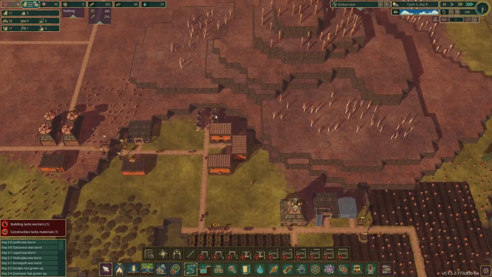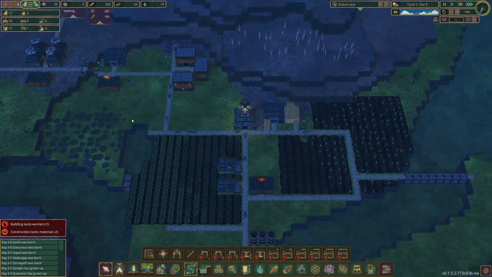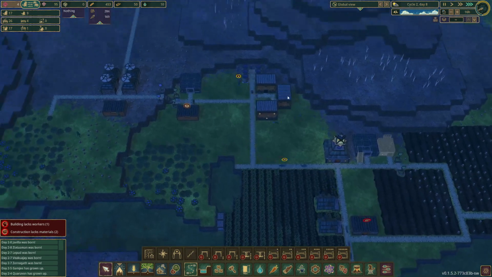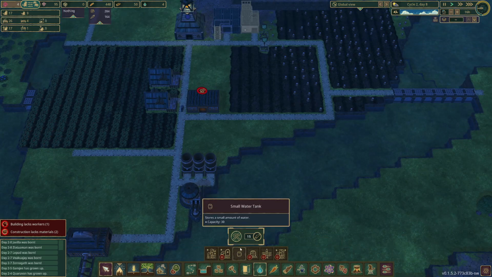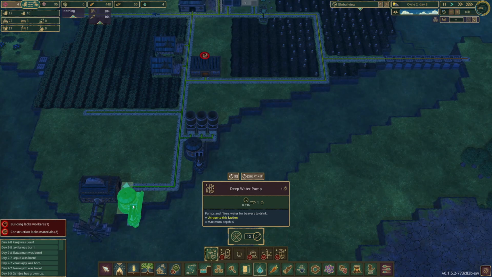The amount of beavers we get is pretty good. Currently have 9 children. Ideally, you want to have some unemployed beavers. That's also something I learned the hard way. If you don't have unemployed beavers... Oh, we also need more pumps. If you don't have enough unemployed beavers, you will get...